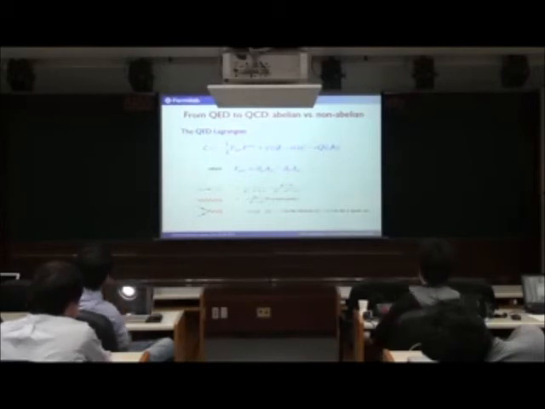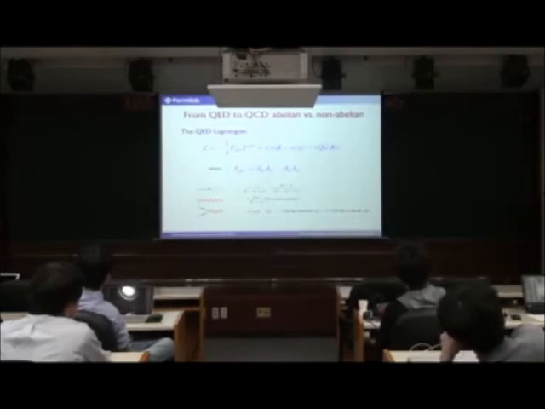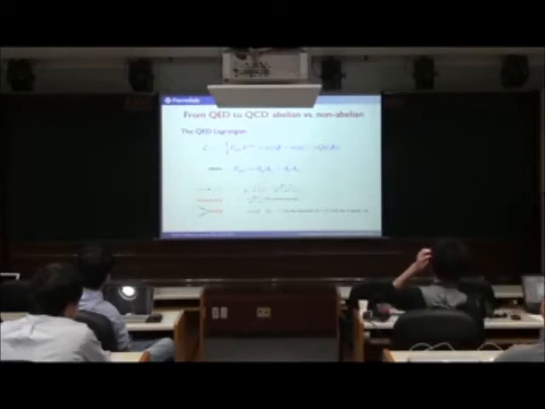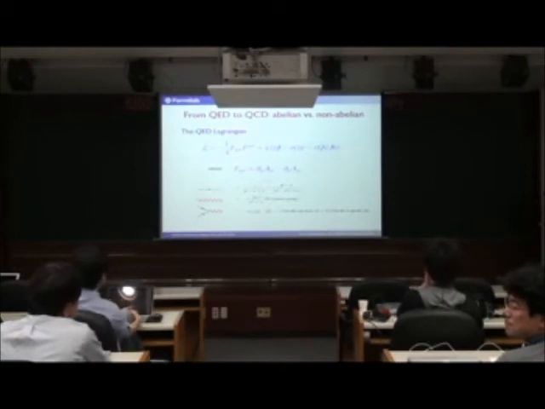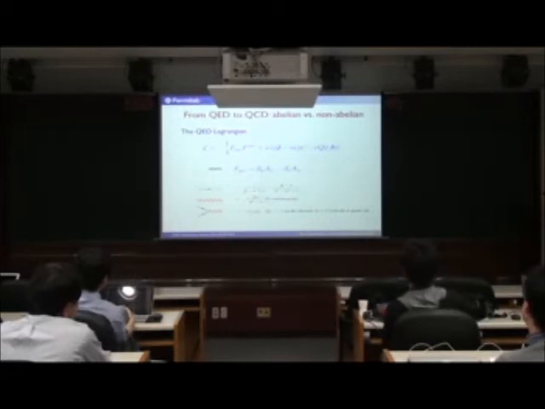So we have the kinetic term for the photons. We have the kinetic term for the electrons, and then we have this interaction term. And this field strength here is given by this. So the Feynman rules are these. So we have the propagator for the electron, we have the propagator for the photon, and we have the interaction term, which is just